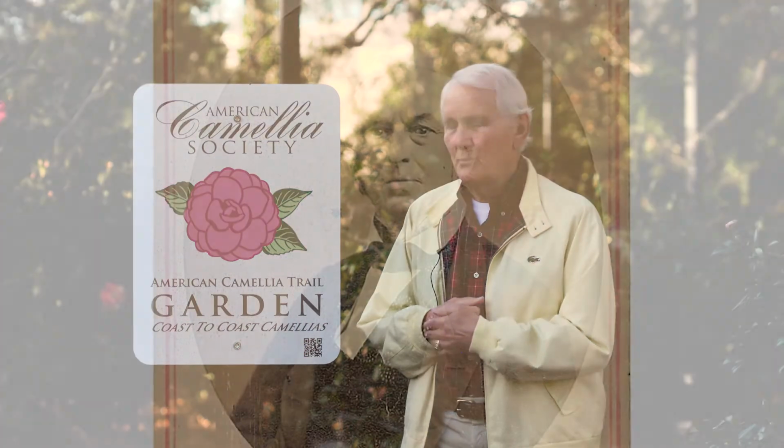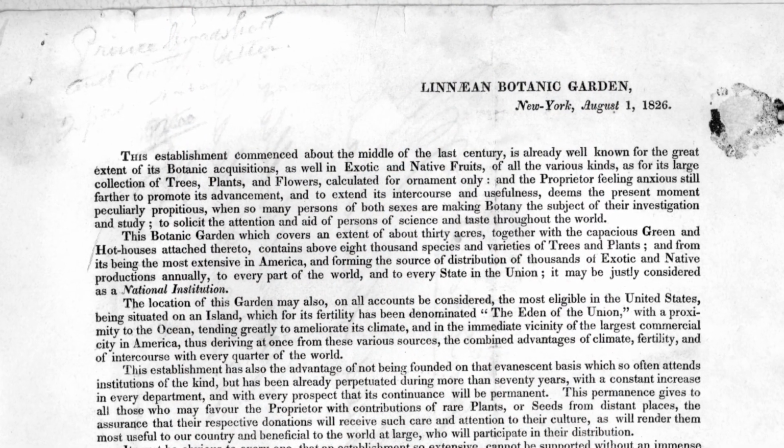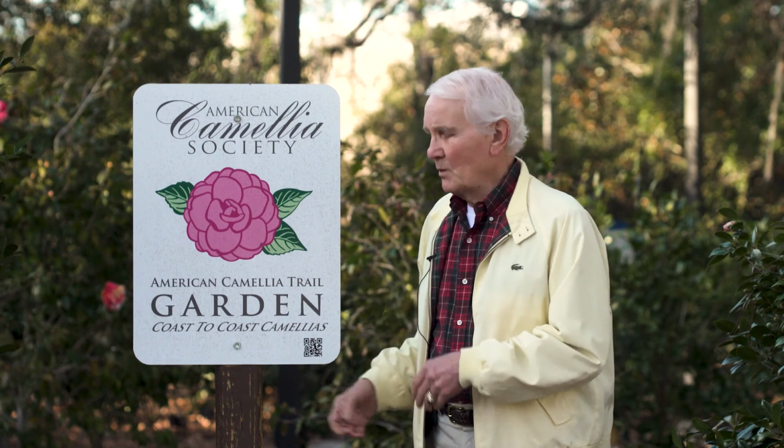And probably the most important figure who propagated and sold camellias was a man by the name of William Prince, who had a nursery called the Linnaeus Botanical Garden in Long Island, right outside of New York City. Probably camellias came to all the seaport cities along the coast as a result of advertising and efforts made by William Prince in his nursery, because we found here in Pensacola, for example, an ad